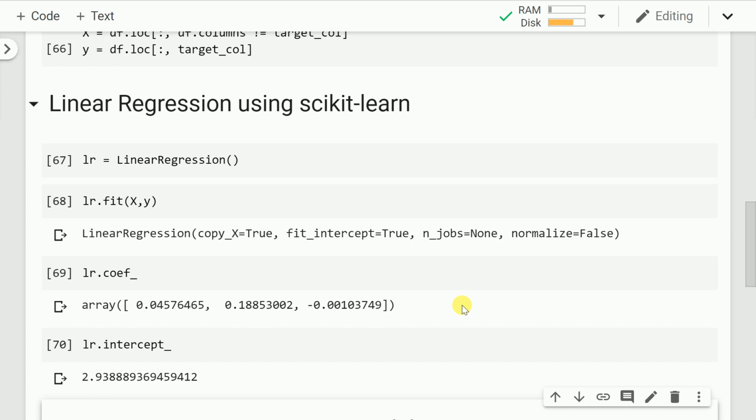Most of the data scientists would stop here assuming that it's a good fit model by checking the R squared value and so on and so forth. But there is a lot in linear regression that a lot of people miss out. So directly using the scikit-learn package is not something that is advisable.